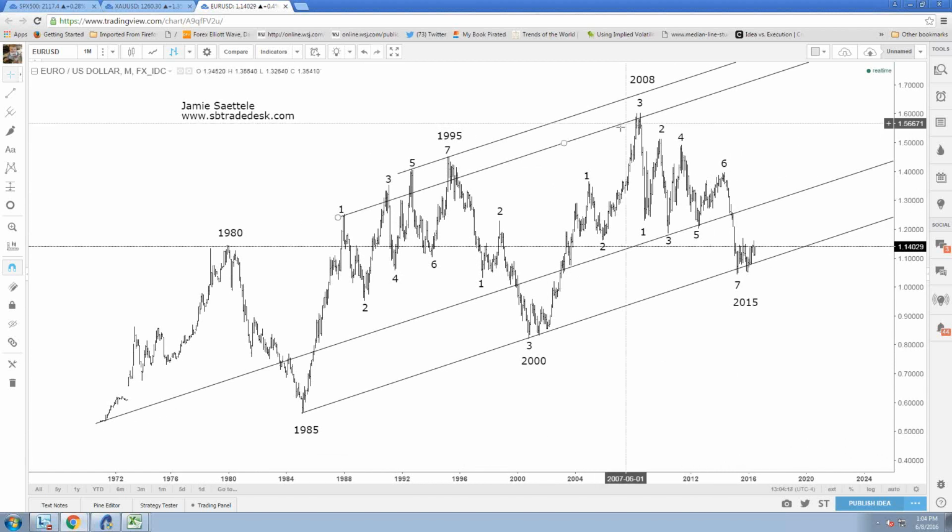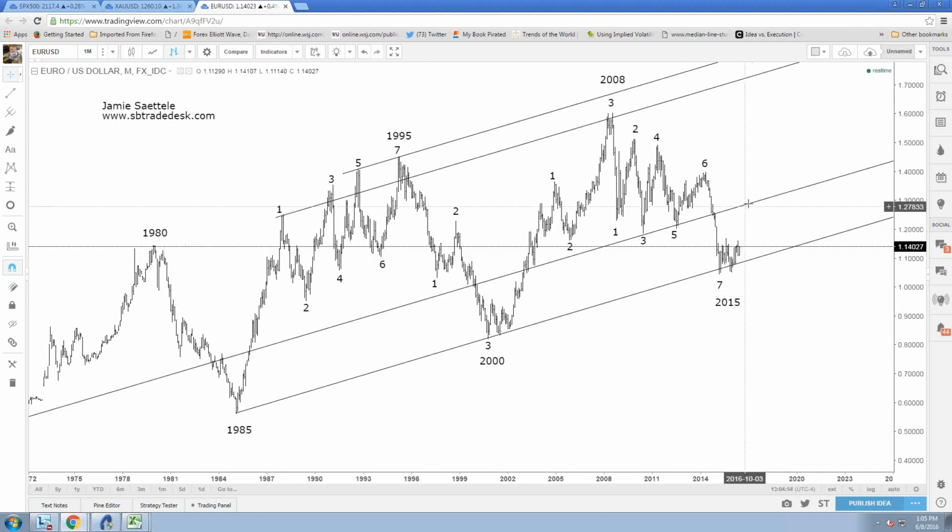The outlier is the 2008 high. So 15 years between peaks and troughs, specifically 182 months from 80 to 95, 188 months from 85 to 2000. The 182nd month from 2000 is actually December, the secondary low, which was the dollar top. 188 months is actually now, June. It's quite possible that the low we saw last week is it. It's not impossible, right? It's quite possible. The next resistance on this is probably up near 129, 130 on the euro.